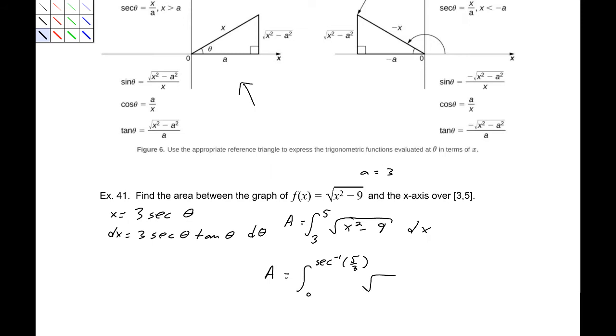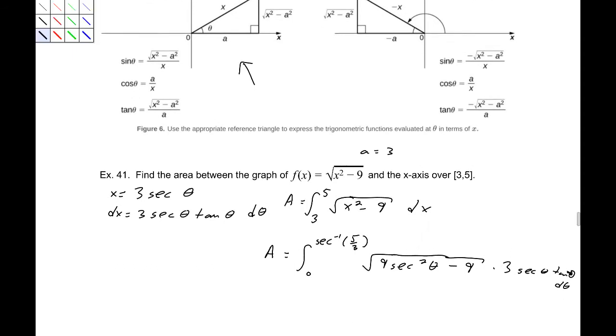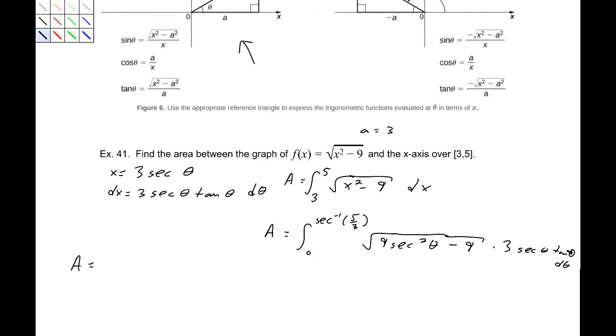Alright, now the square root of x squared, so that is 9 secant squared theta minus 9 d theta. Now, dx is going to have 3 secant theta tangent theta d theta. Bring that over here. That is going to be the integral from 0 to the arc secant of 5/3 of